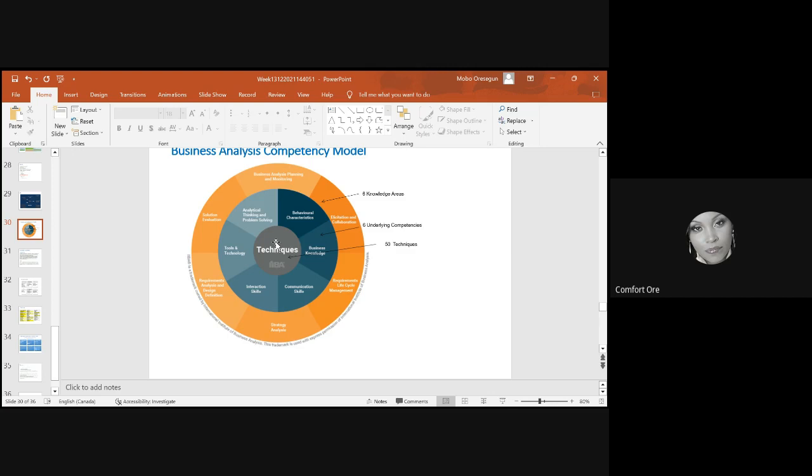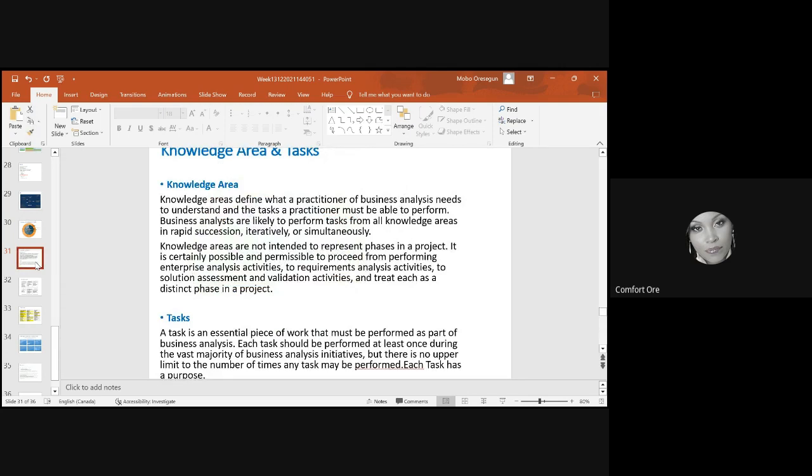in the course of this lecture, or information sharing that we're doing at this time, because I really don't want to call it a lecture in this course. Okay, so the knowledge area defines what a practitioner of business analysis needs to understand. This knowledge area basically captures, I'm not going to read it, the essence of what we've been discussing